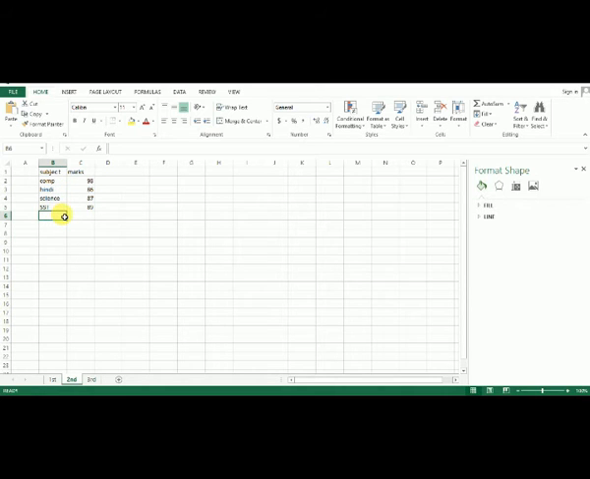Now I want another subject: computer, Hindi, science, SST and economics. So the total, average marks, and percentage. For the percentage, I want to use a formula, equal